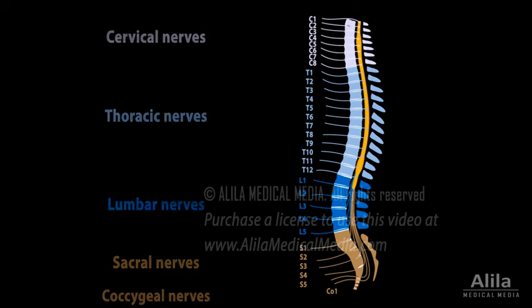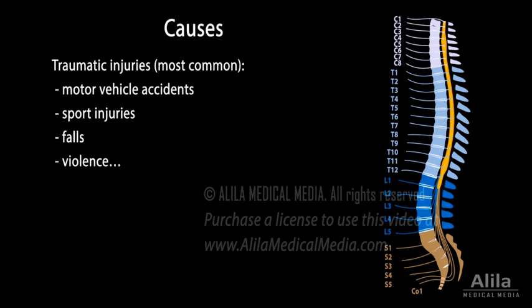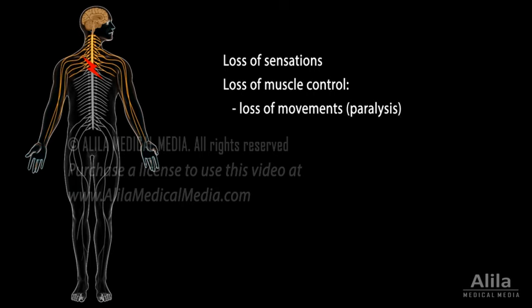coccygeal nerves. Spinal cord injury is most commonly caused by trauma to the spinal cord, but there are also non-traumatic causes. As injury occurs, spinal nerves are damaged, and the communication between the brain and the body is blocked. Because spinal nerves are responsible for both sensory and motor functions, spinal cord injury may cause loss of both sensation and muscle control. The latter not only leads to paralysis, but also dysfunction in processes such as urine voiding, bowel